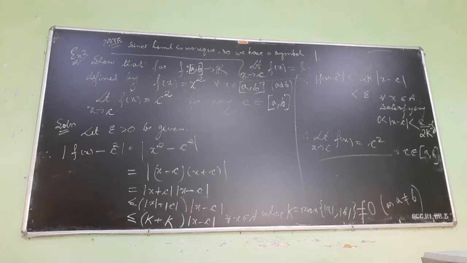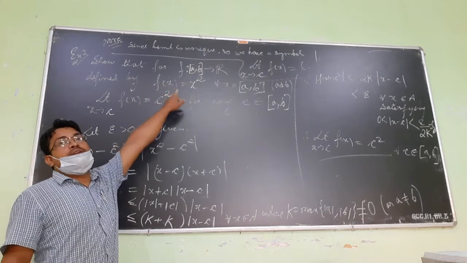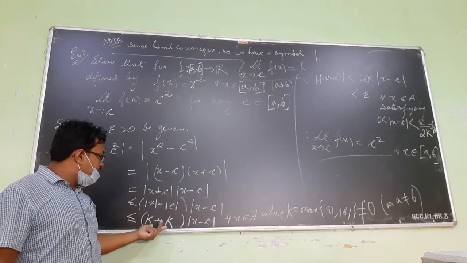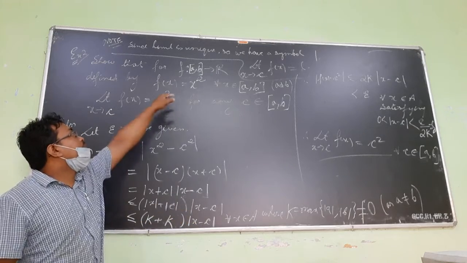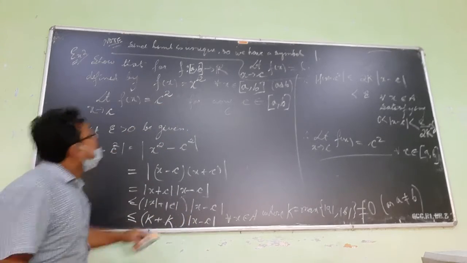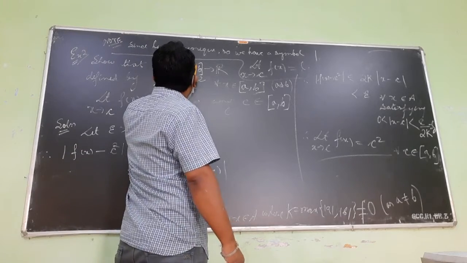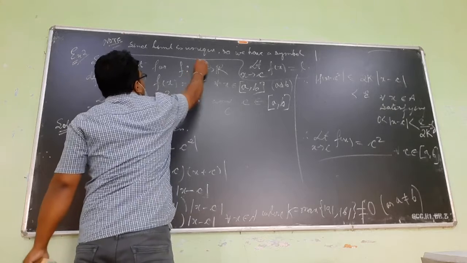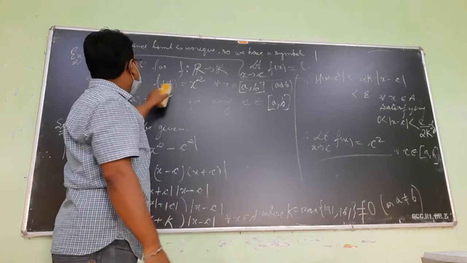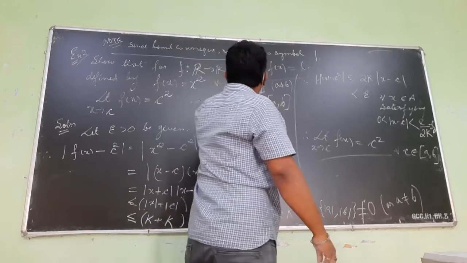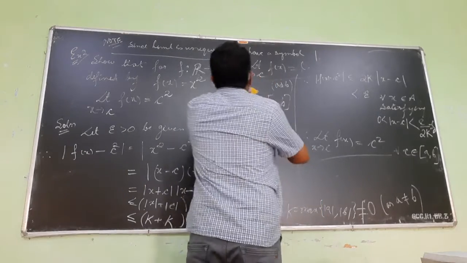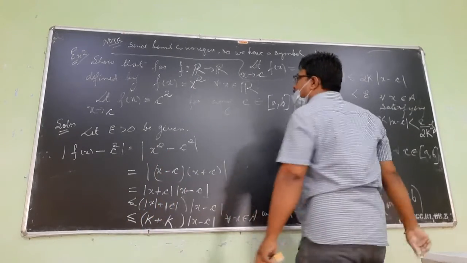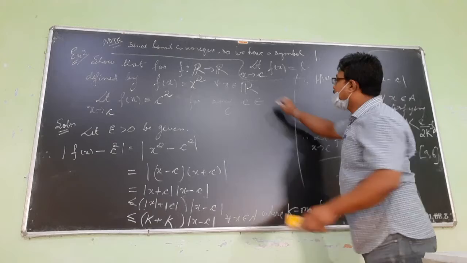So in all these cases, our domain is bounded. We can find an upper bound. What is an upper bound? K is an upper bound of this domain. But if I write the same function from R to R, try this: f from R to R defined by f(x) equals x square for all x inside R. In that case, there will be some problem, for any c inside R.